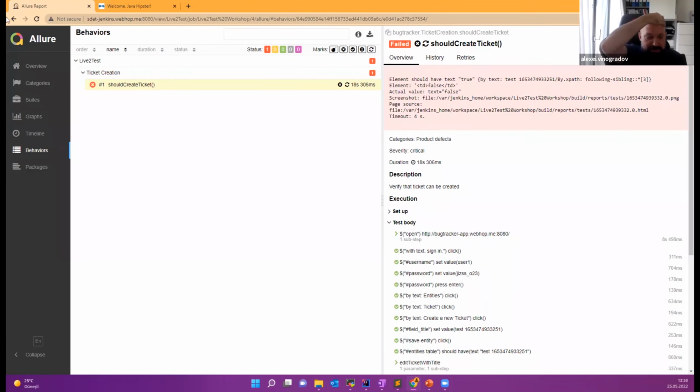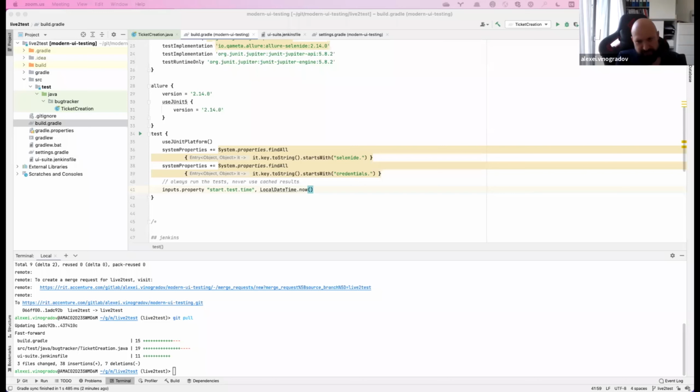Another problem is when there are a lot of tests and tests are flaky, and a lot of tests are failing without a proper reason. A flaky test is one that sometimes runs well and sometimes not. So it takes a lot of time to reproduce it and understand what is happening. And you think you fixed some tests and you want to test them all together once again, another 8 hours.